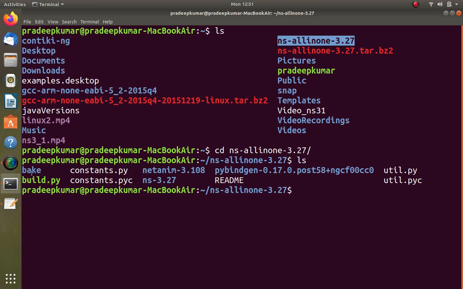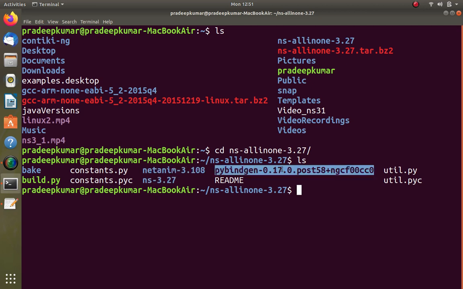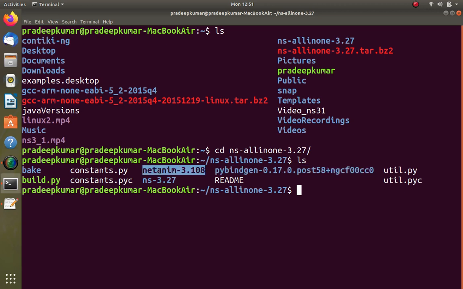Among that we have some folders like bake, netanim 3.108, ns 3.27 and python binding generators. We don't need all of these. Only in the ns-3.27 folder are we going to work on the complete ns3, and the netanim folder we'll use only for network animation. So this is for information.